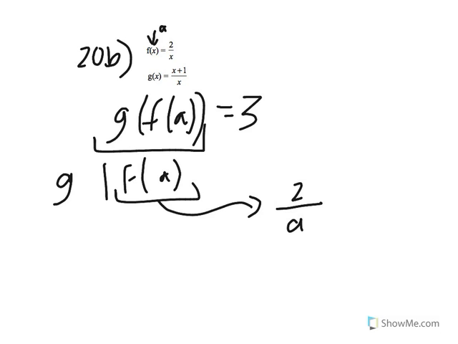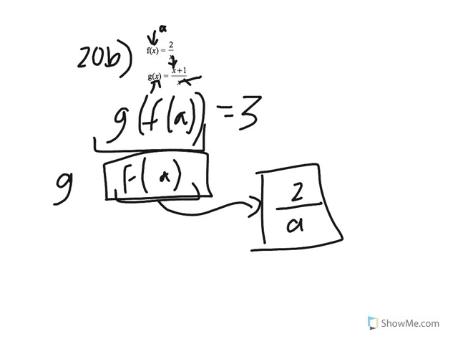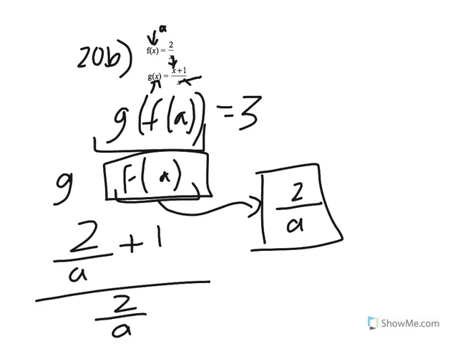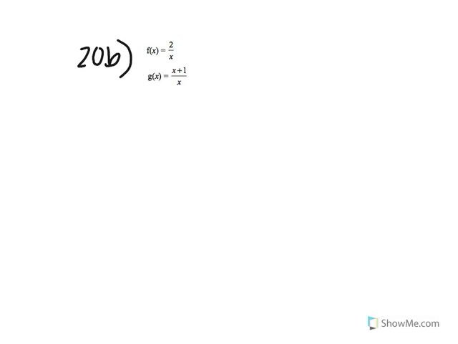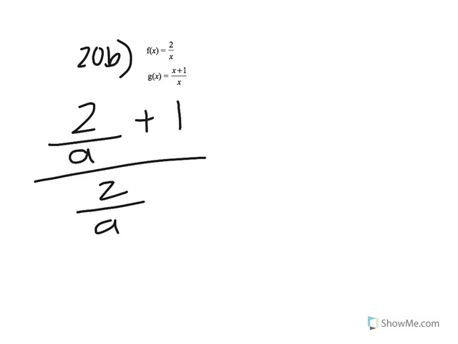Now pretend like this f of a is the x over here. So all the x's in this g of x get replaced with f of a, which is 2 over a. So g of f of a will actually be 2 over a plus 1 over 2 over a. So this whole thing is your g of f of a. That's the way in which composite functions are made. So what the question says is to solve it for g of f of a